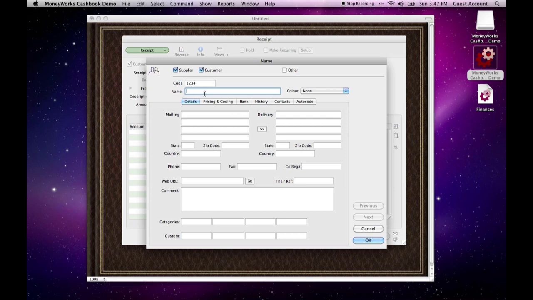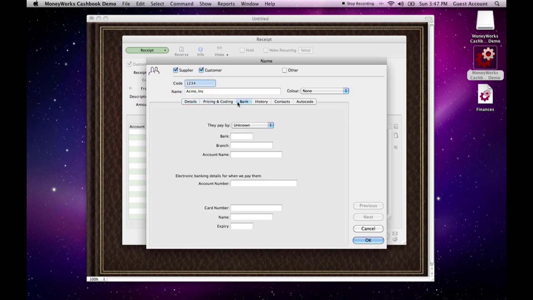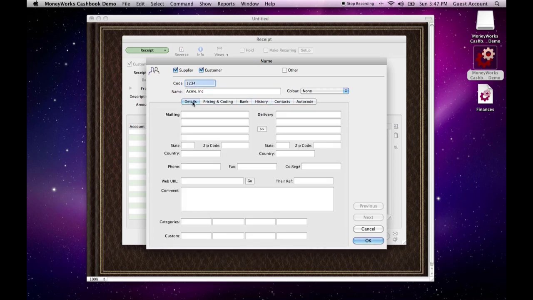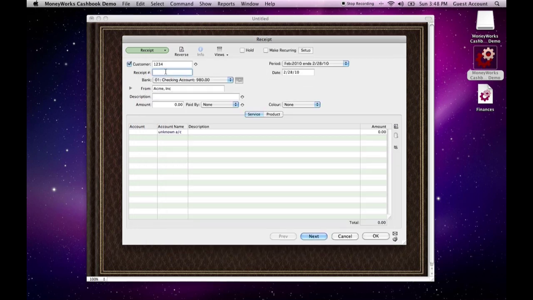And let's give them a name. Let's say that we're receiving a paycheck from Acme Incorporated. You can put in their mailing address and all kinds of information for this contact that I'm not going to bother with right now. You can look into that. Let's say they have a receipt number on that paycheck, and that we're receiving this on the 15th of March. You can put in a description, paycheck,